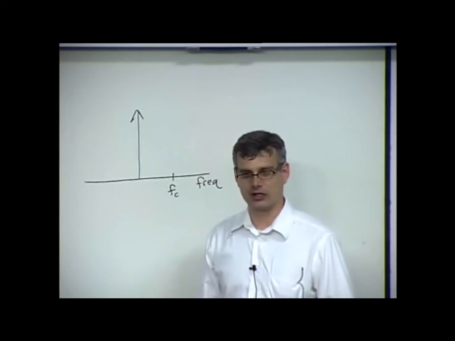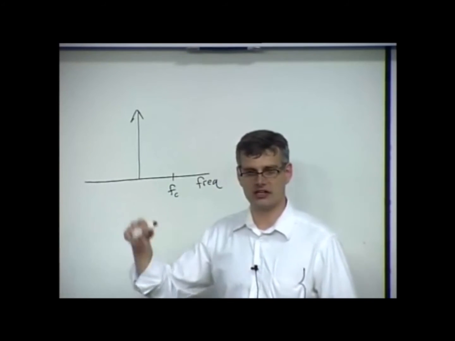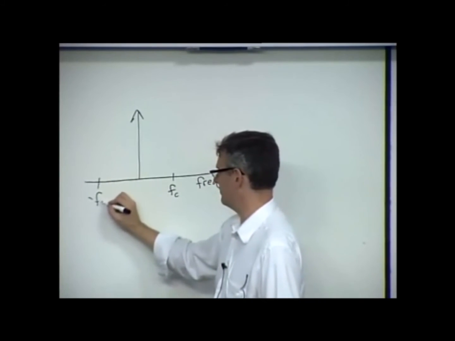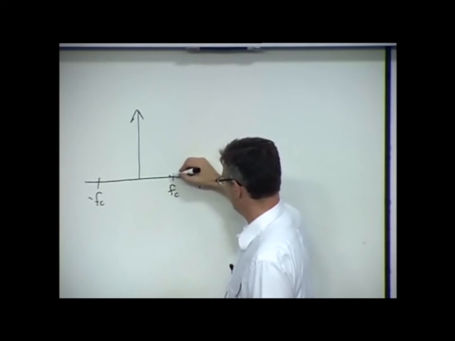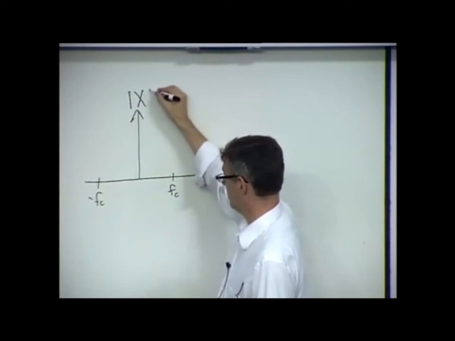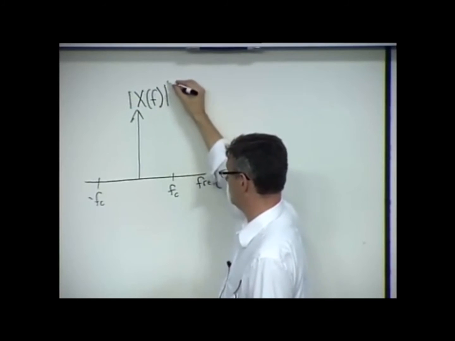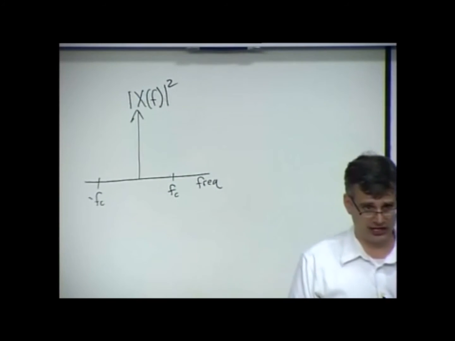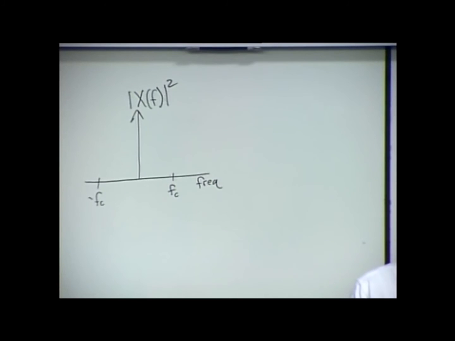To be mathematically correct, there's always a positive spectrum and a negative spectrum, right? So I'm going to draw a little negative f sub c. And if I took the Fourier transform of that signal, and of course squared it, because I can only really draw the magnitude of a Fourier transform squared on a two-dimensional board,